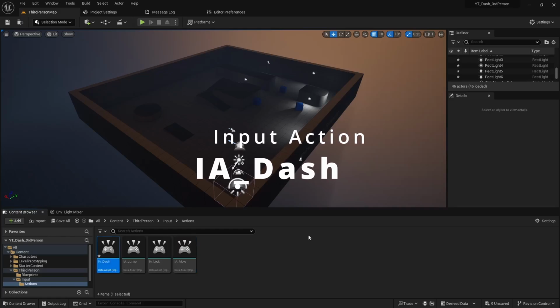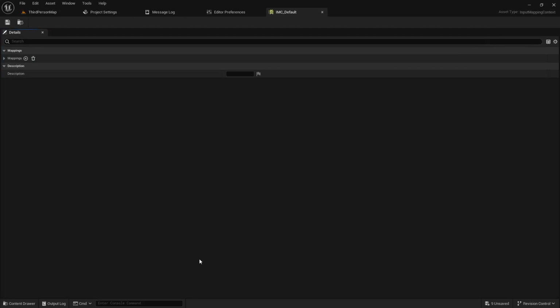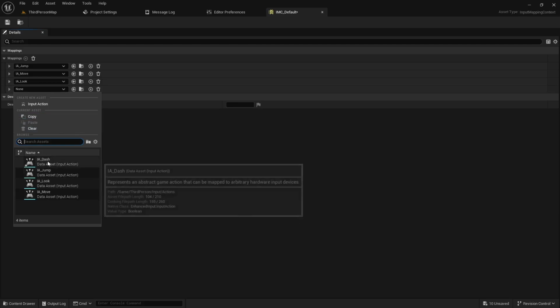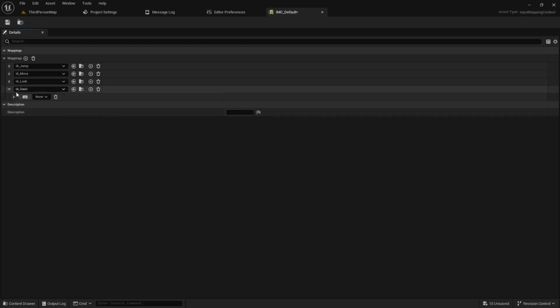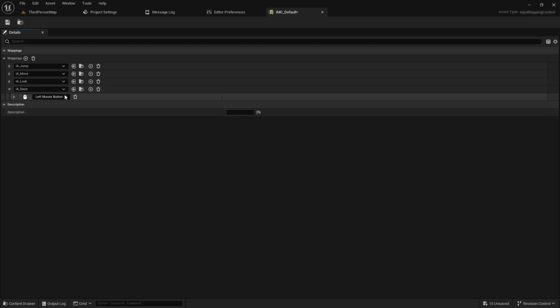I_dash. We can then go back to our input folder, open up the IMC, expand out the mappings, and we just have to hit the plus sign to add our new action, which is the dash. If we expand that out, we have to assign a key binding or a mouse binding. I'm actually going to use a mouse, and I'm going to do mouse left click, so the left mouse button here, and then we'll save, and that's pretty much it for the